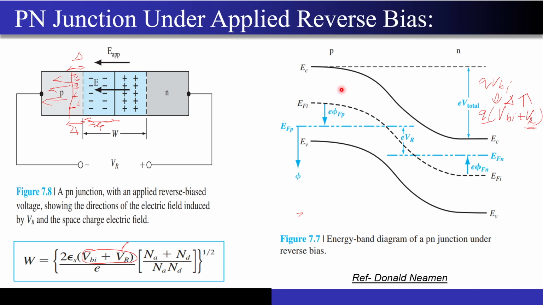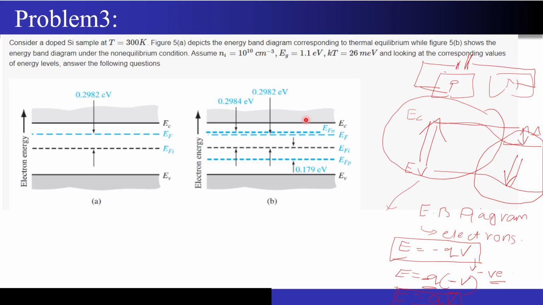So we introduced the concept of the quasi-Fermi level. On the left side we have a p-type material, and on the right side an n-type material. On the left side you have the quasi-Fermi level EFP, and on the right side the quasi-Fermi level EFN. This EFN will be much closer to the conduction band because you have a lot of electrons on the right side, and on the left side you have a lot of holes, so EFP must be very close to EV. Please remember this concept of quasi-Fermi levels, it will be used in the next question.